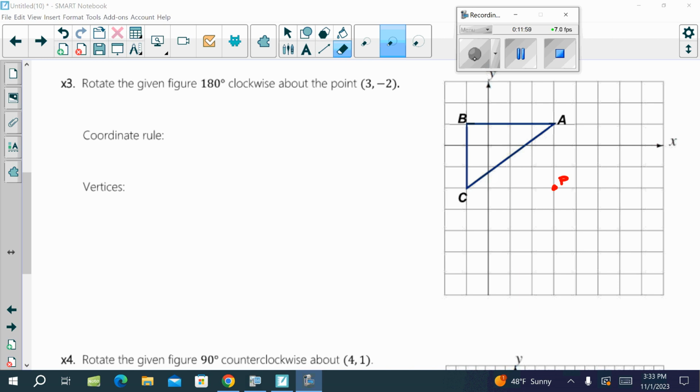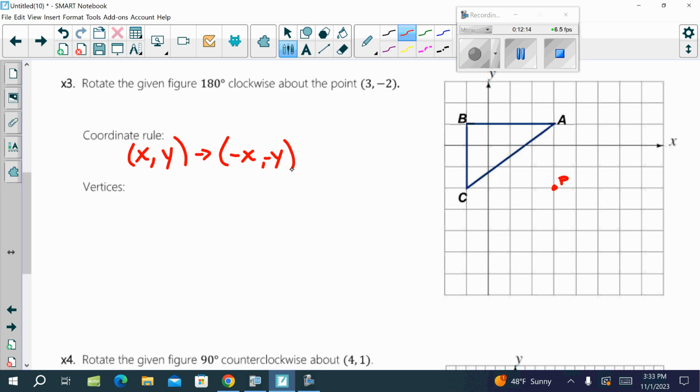Now, how you do it without the patty paper. The actual mathematical way with the rule is what I'm going to teach you up here. So a 180 degrees clockwise, its rule was opposite of x, opposite of y, correct? Yes? Okay, so what you're going to do is take down the vertices of A, B, and C. So A is at 3, 1. B is at -1, 1. C is at